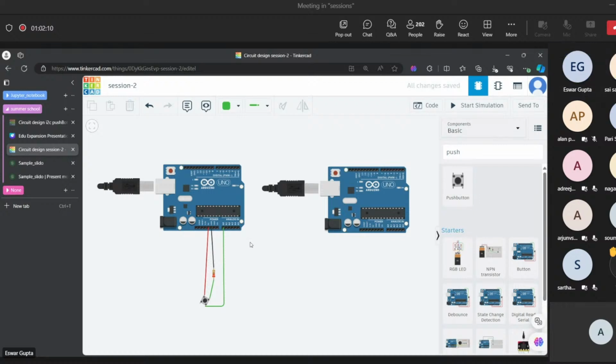After that, connect A4 of this Arduino board to A4 of the second Arduino board. I will say why you are connecting, but for now, just connect it blindly. I'm using a yellow line so that it will be distinguished that these two are for the communication protocol. We have two lines, right? SCL and SDA, for clock and data. Those two are for simulating that I2C environment. So I'm taking two lines and connecting like this. That is, connect A4 of one Arduino board to A4 of another Arduino board.